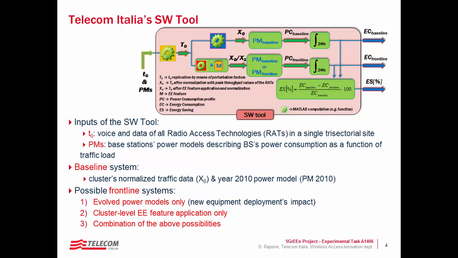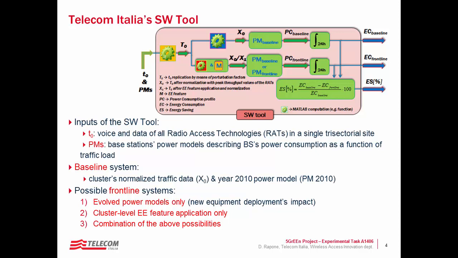Power models are available for the years 2010, 2012, 2016, 2020, and for GSM, UMTS Release 99, and LTE radio access technologies, which provide a set of parameters describing the macro base station power consumption as a function of radio frequency output power, directly related to traffic load. Performance assessment is done for the baseline system considering the traffic data information of the whole